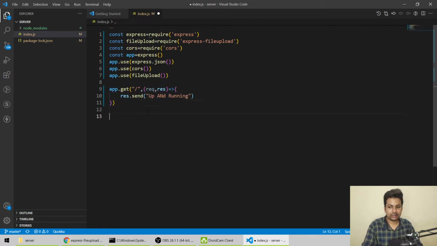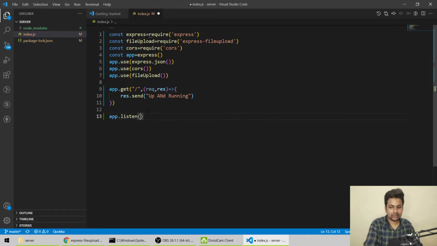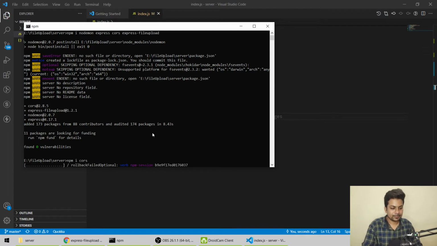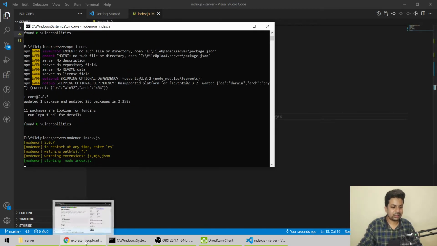Let me run it on port with app.listen, and we'll make it port 4000, not 40,000, 4000. Now install cors. Now nodemon index.js. Yeah, everything is running.